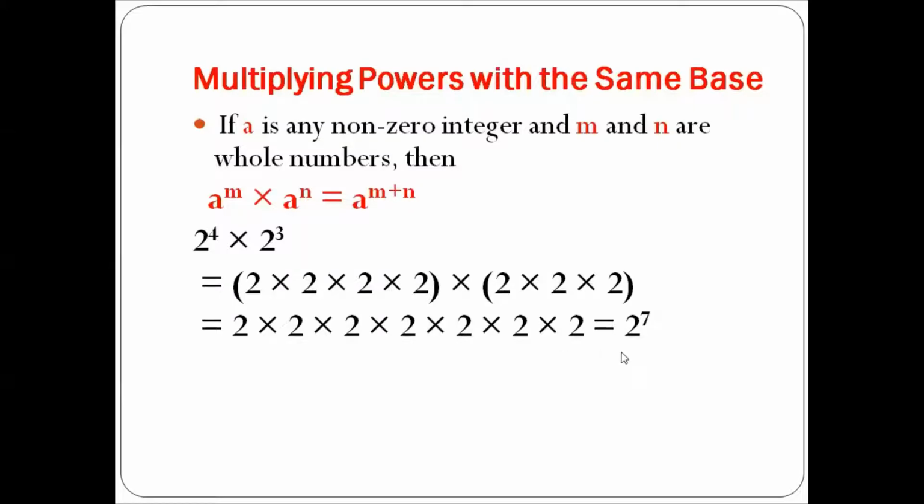But if we will apply the law of exponent, then what we will do? Here again we'll write 2 raised to power of 4 multiplied by 2 raised to power of 3. We'll write simply 2 as a base, as base is same, it is identical, and we will simply add these exponents, 4 plus 3. So 4 plus 3, that is 7. So answer will be 2 raised to 7.